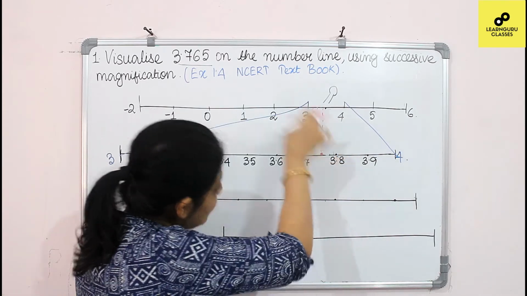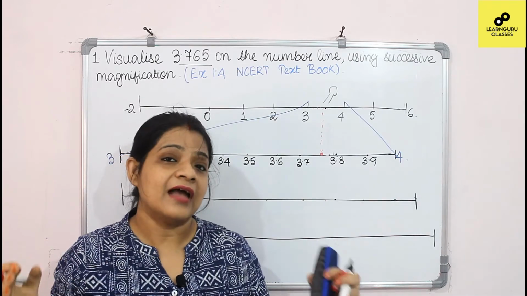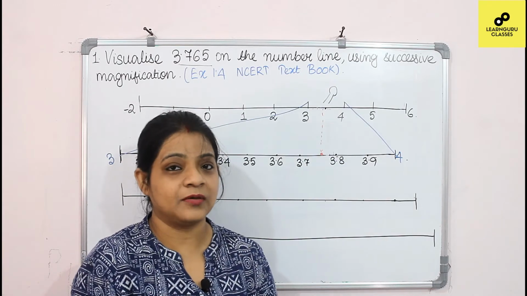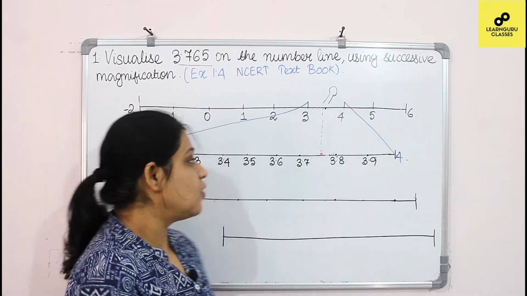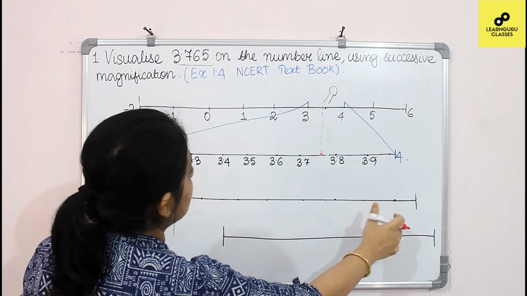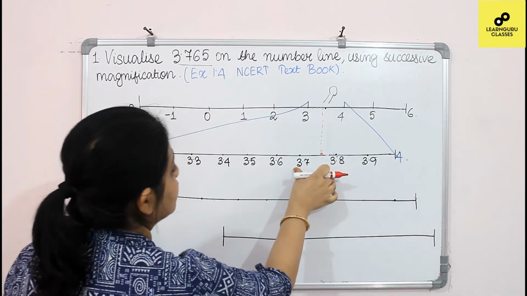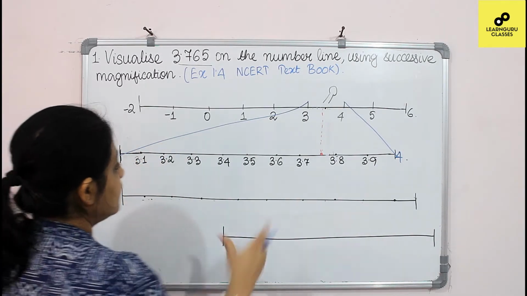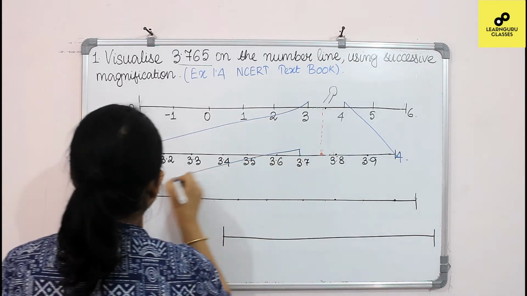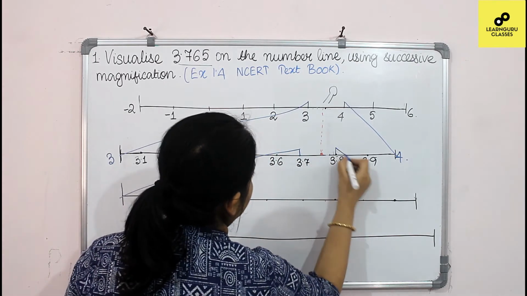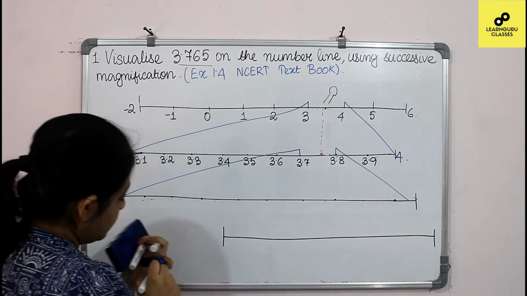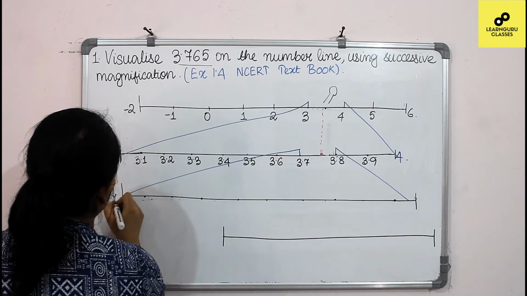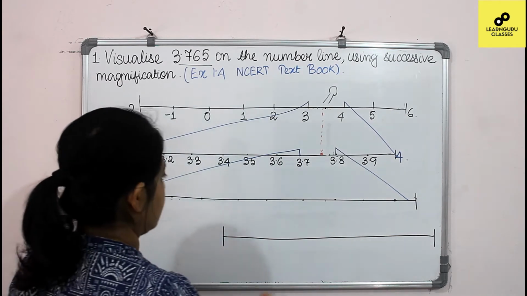Once you place the magnifying glass, you will get an enlarged picture of the space between 3.7 and 3.8. So this is the enlarged version. So we are giving here and we are giving here. Next we will be writing here 3.7 and this is